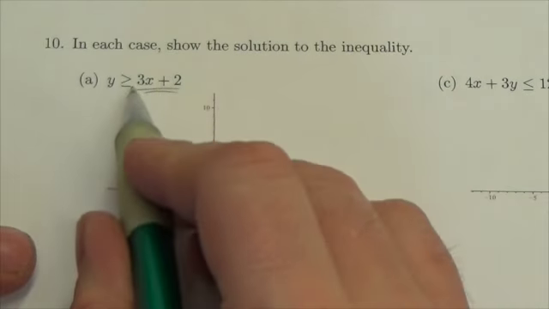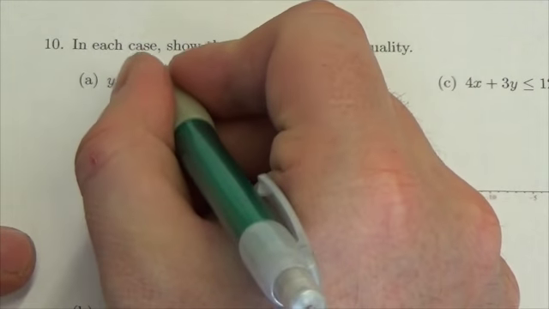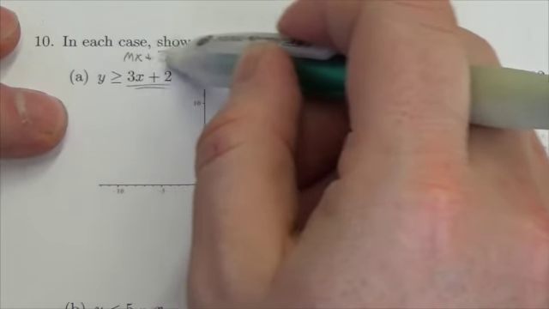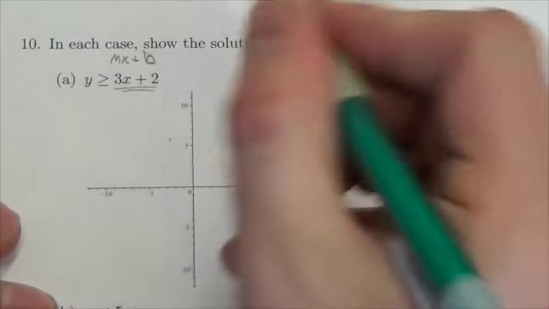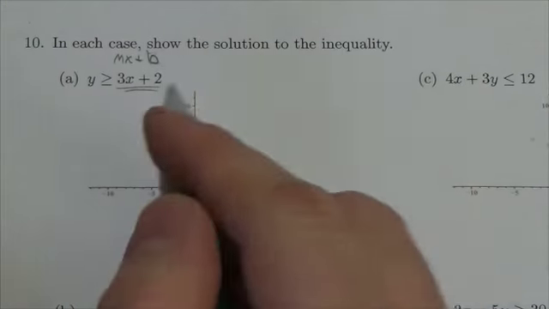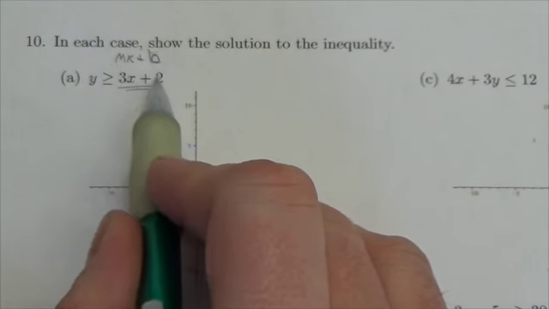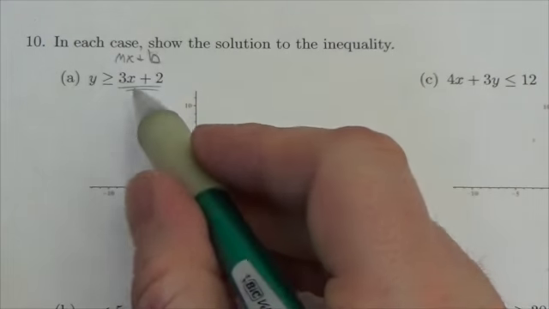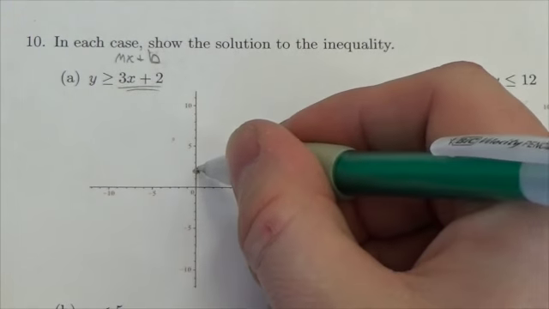So 3x plus 2 is a line. If you think back to mx plus b, oops, sorry, I put the 2 there, I was thinking b, getting ahead of myself here. In mx plus b, the 3 is the slope and the y-intercept is 2. So I'm going to identify 2 on my grid as my y-intercept, and the slope is 3, meaning from here, if I go